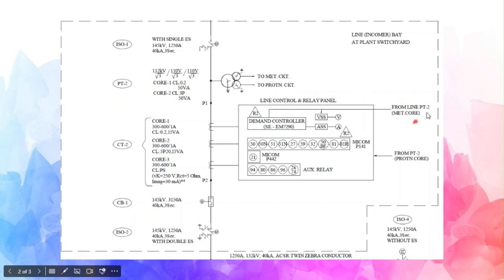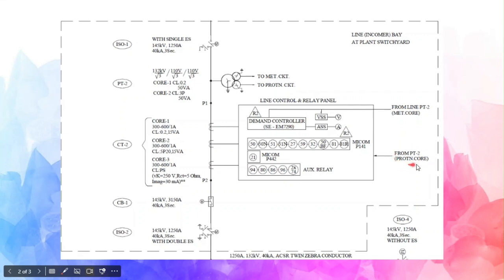See, this is the metering core. This is going to the demand controller. It is also going to the VSS, the voltmeter selector switch, and it is going to the voltmeter through the VSS, voltage selector switch. It is going to the voltmeter, and also it is going to the demand controller. Demand controller will calculate the demand,